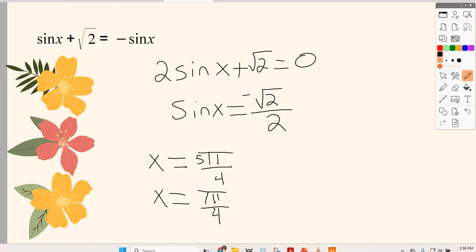Agreed? So if we're asked to find all solutions, the way that we do that is we say plus 2 n pi, where n is just an integer. So if I add it 1 time, I'm just adding 1 rotation. If I'm adding it 2 times, I'm adding 2 rotations, and so forth. So then that takes care of all the answers. Sometimes it'll just say solve the equation between 0 and 2 pi, or solve it for the first rotation, and then you just have to list the first two. If it says find all solutions, we have to put the plus 2 n pi,